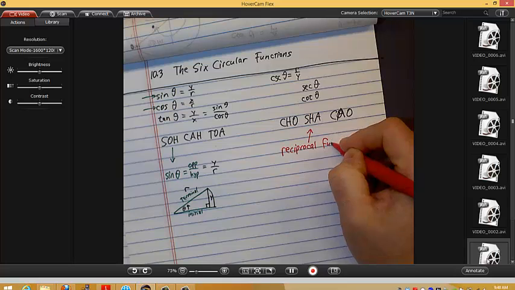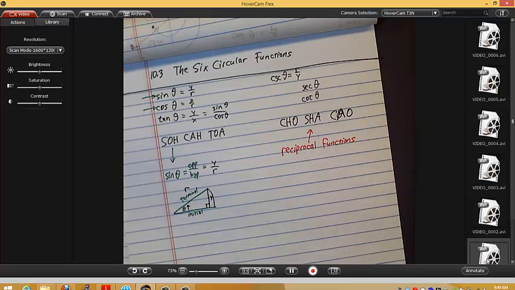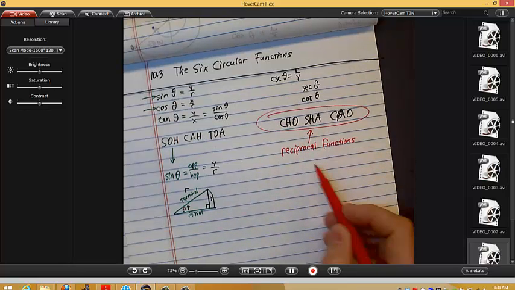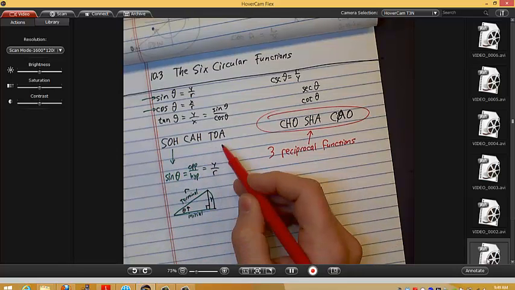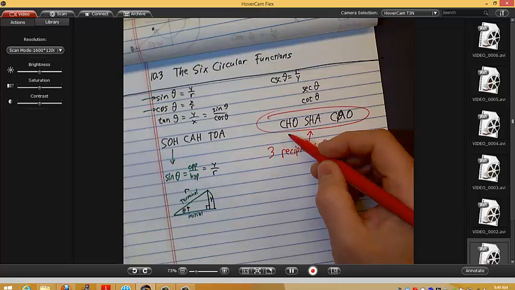See, because the trig functions are ratios, they're fractions, and the reciprocal, we know what that is. You take the fraction and what do you do to it? Put it over 1? To get a reciprocal? Or you either do 1 over the fraction or you flip it, right? 1 over something. But the idea is that there are 3 reciprocal functions. So we have sine, cosine, and tangent. Okay? So the reciprocal of the sine is called the